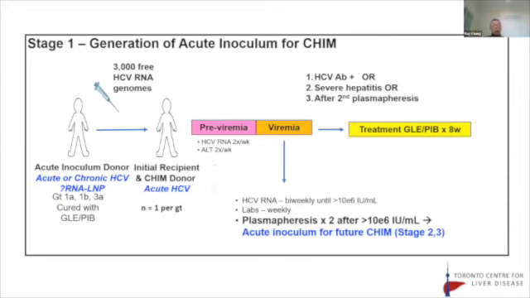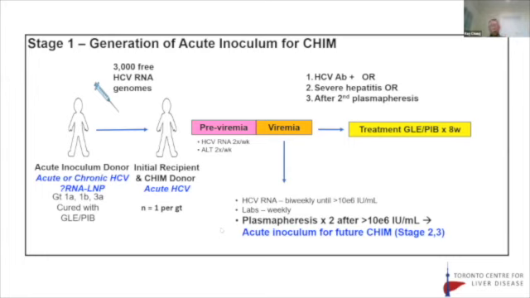So to close, this is what a stage 1 study might look like in order to establish that challenge inoculum using a source, again, whether an acute patient or chronic patient, or potentially even an infectious RNA tagged to a lipid nanoparticle. This would correspond perhaps to genotype 1 and genotype 3, in a patient who had been subsequently cured and documented for cure. 3,000 of these genomes would then be inoculated into the initial recipient, and we would start with 1 dose per